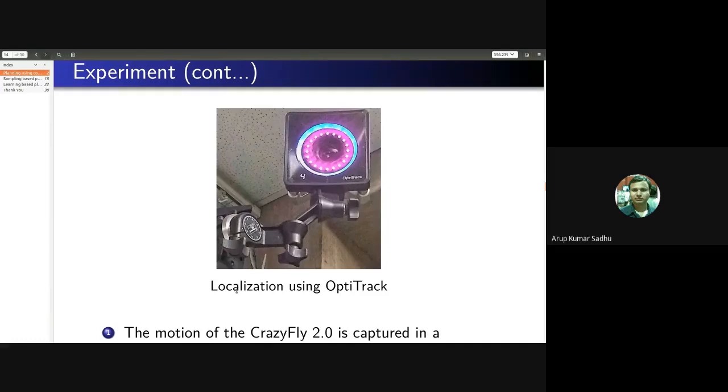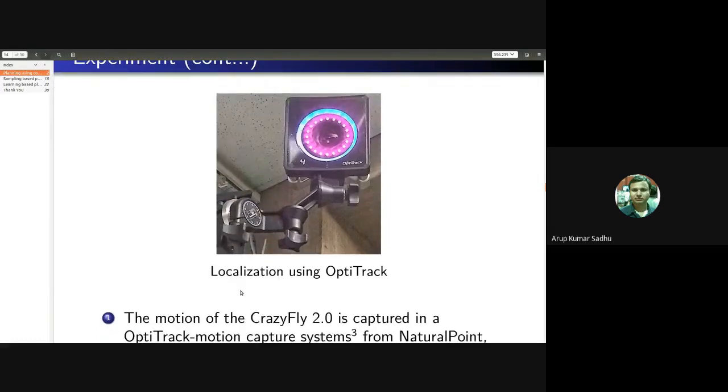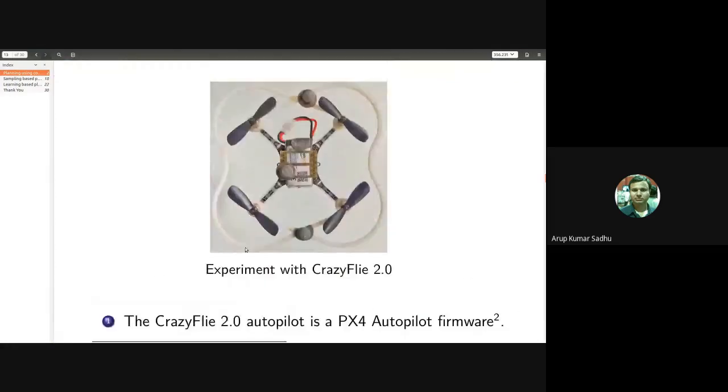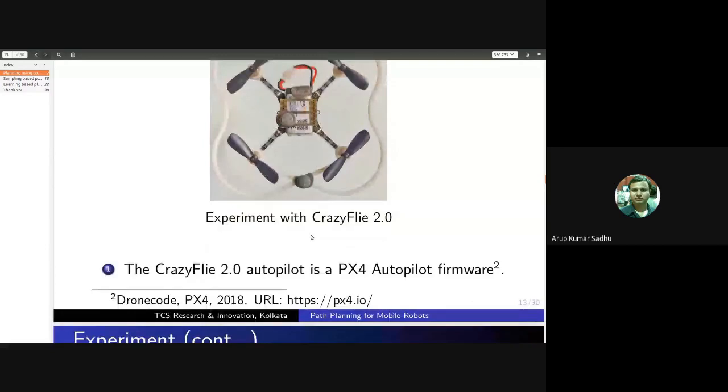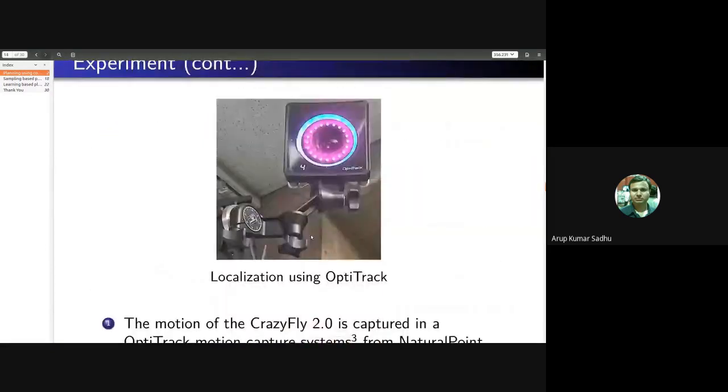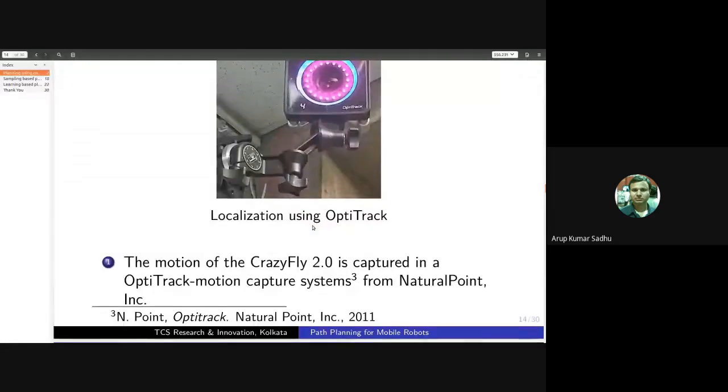The OptiTrack is required to get the localization information of the robot. You can see there are some markers on top of this robot, three small circular markers. These markers are being tracked by the OptiTrack cameras, and we can identify where the robot is to get its current position.